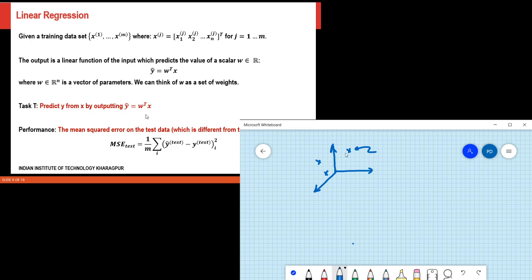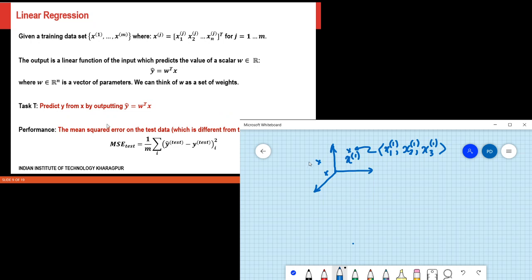So for example, if I say that this is x of the first data point, x1, then I have a set of coordinates of this, that is x1, x2, x3, and this is for data point 1.